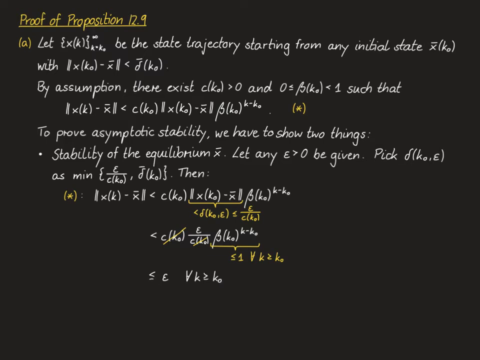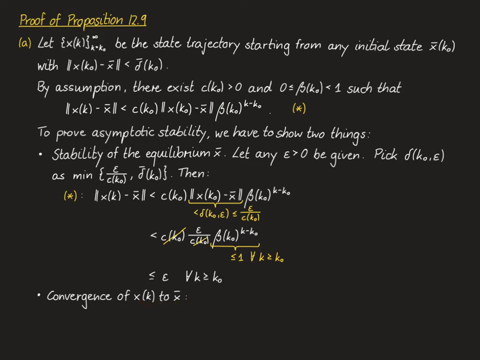Hence, we can conclude that the norm of x of k minus x bar is less than epsilon for all k greater than or equal to k naught, which is exactly what we wanted to show in order to prove stability. The second thing we need to prove for asymptotic stability is convergence of the state trajectory x of k